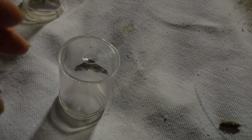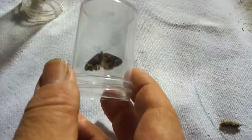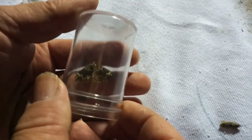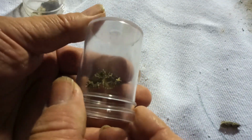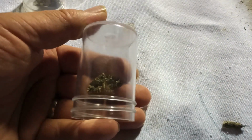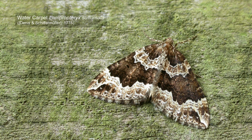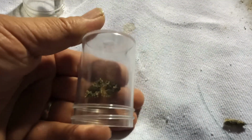Right, there's two species that have just come in. I don't like doing the pot shots, so I will put in a better photo. And this is quite surprising. I've totally forgotten about this species, but this is water carpet, and this is a beautifully marked moth. It's the best marked species that's come in tonight. Nearly. I say nearly because